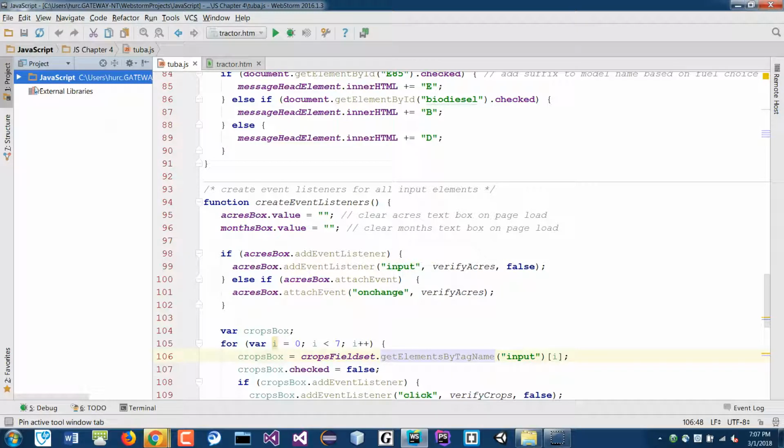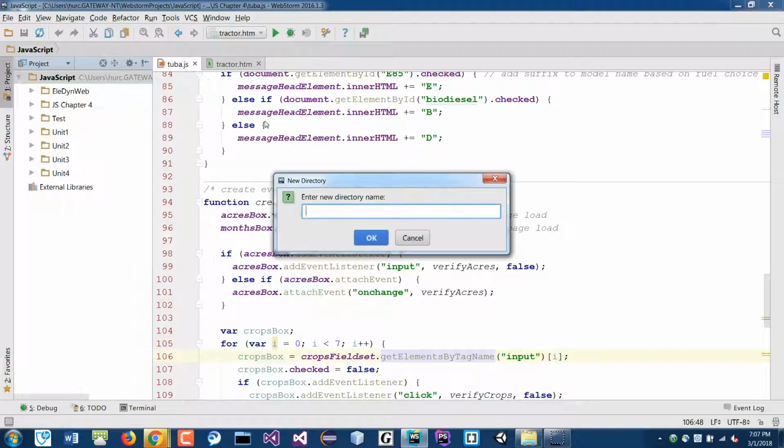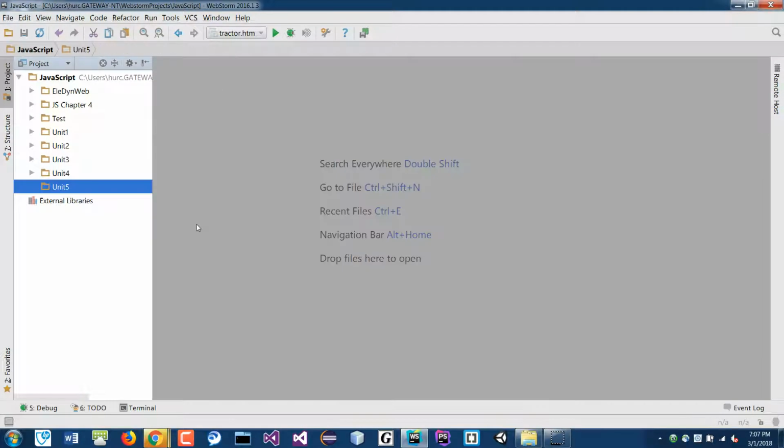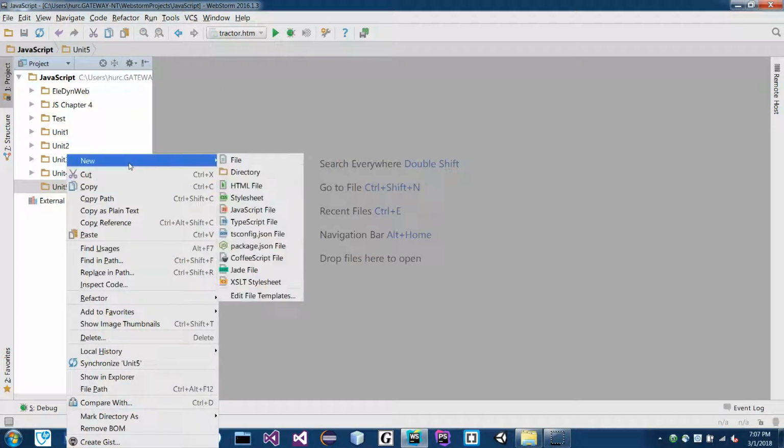Here. So I'm going to go into the unit here. I'm going to create a folder for unit 5. And we're going to write some scripts. So I'm going to turn this off now. I don't need this anymore. Create my usual file,